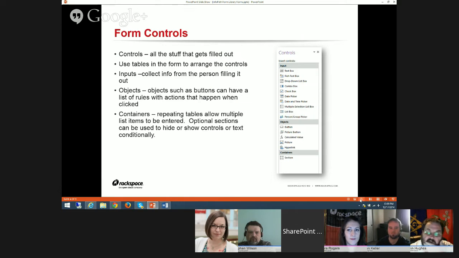Okay, so form controls. We're going to get in there and take a look in just a second. What you'll notice is, and Laura may have covered some of this last week, I just wanted to start off from the beginning. The controls are all the stuff that is going to get filled out in your form. On the screenshot here, you can see that we have a text box and a drop-down